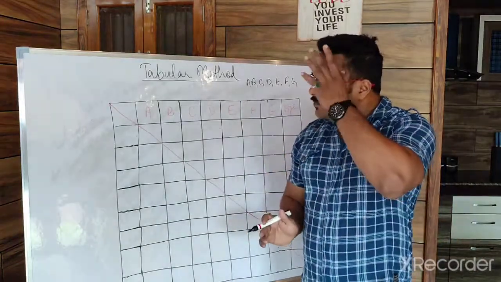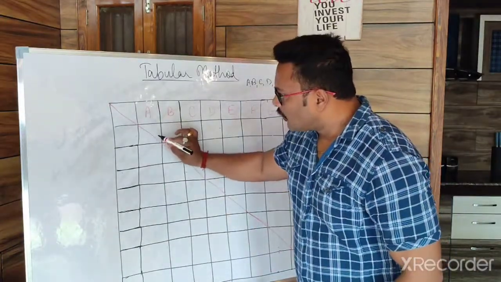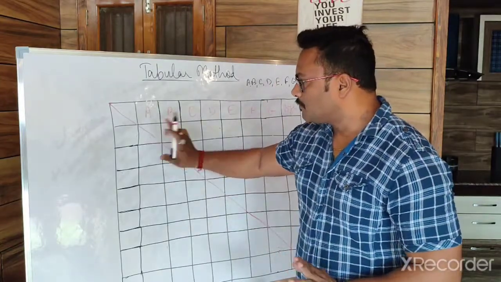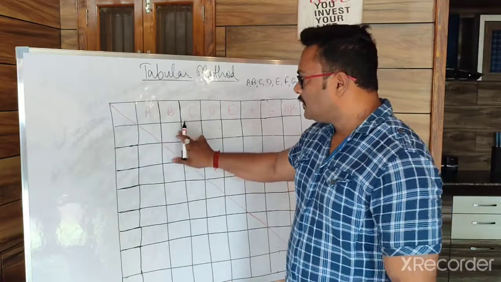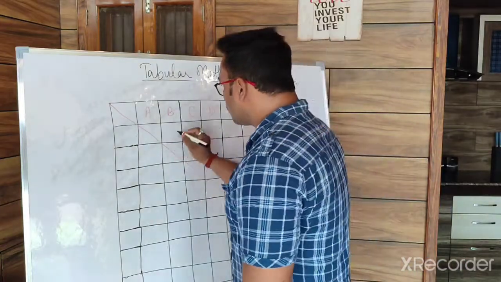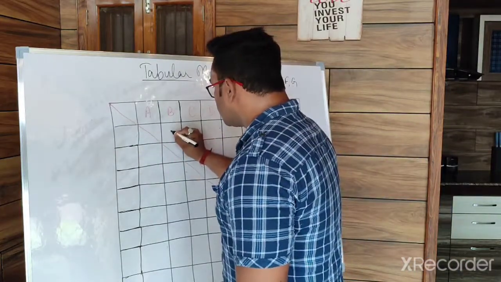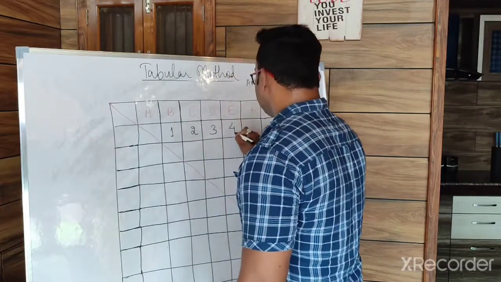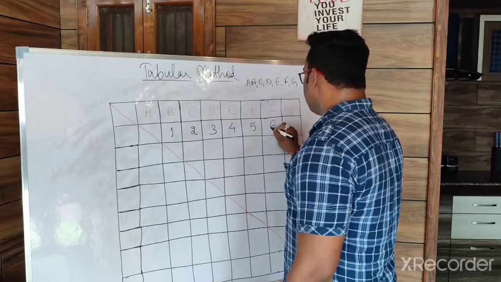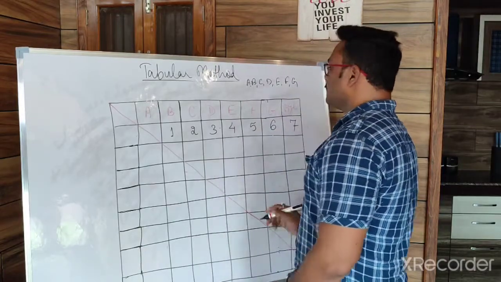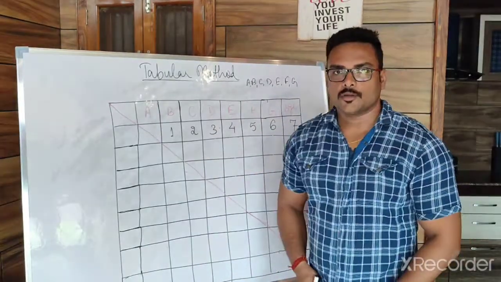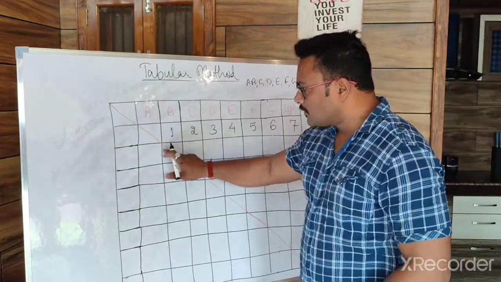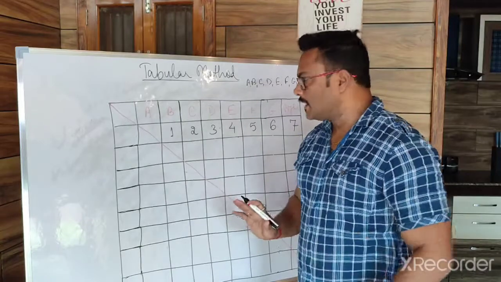So what we have to do in this: where the boxes are cut, that box we have to leave. Suppose this box is cut, we have to leave it. We will start from here. The 7 rounds are here. So we start with the first round, 1, 2, 3, 4, 5, 6 and 7. Up to 7 you write in the first column. Downside one, you can see the box is cut, so you will not write anything.